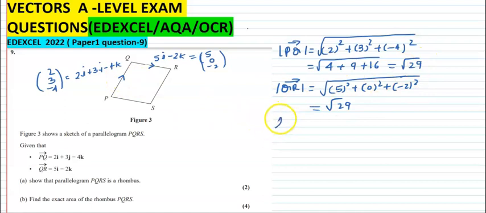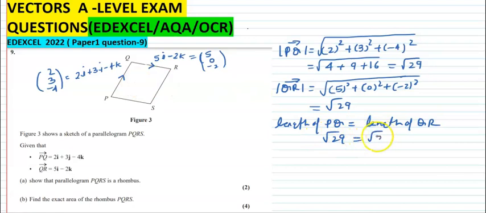So the length of PQ is equal to the length of QR. Both are root 29 and root 29. So we can write the modulus of PQ equal to